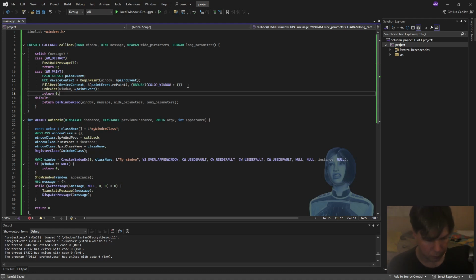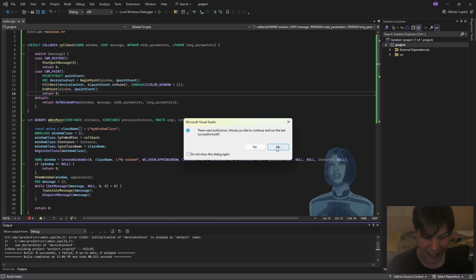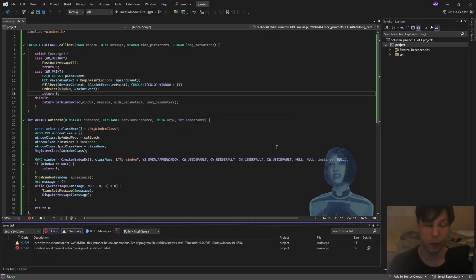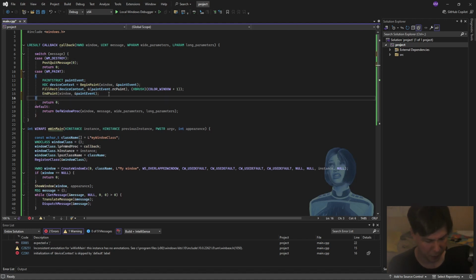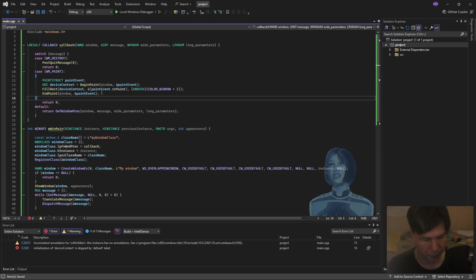So go ahead and see how this goes, and we're going to get an error, and it's a very strange error. It says there's no initialization of device context in the default label. And this is just one of those C++ oddities, I guess. What I need to do is make any local variables to this switch statement independent of each other. And I can do that by encompassing this with braces, and